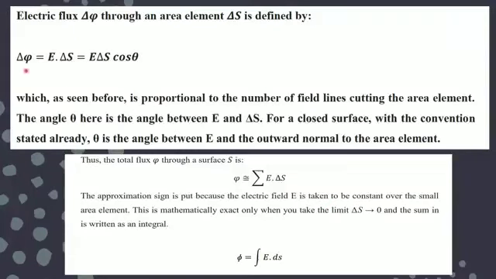Another way to write flux for smaller areas, as we have discussed, is E ds cos theta. And whenever you have to find the total flux through the surface, you may take the summation of all the small components, or we can take the integration also. Depending on the numerical, if small parts are given to you, you can directly go with summation, or if a limit is given, then you can go with integration. This is simply for dealing with numericals whenever you come across them.